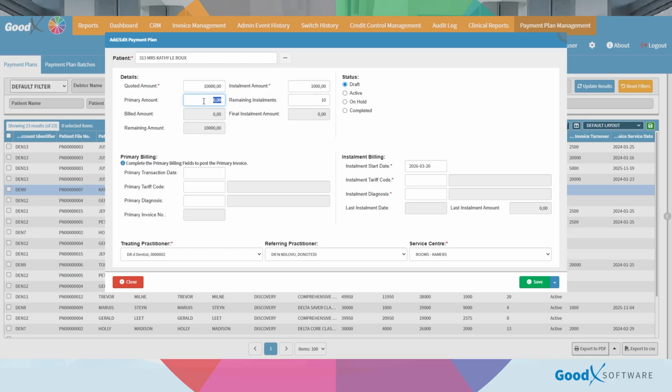Then we've got the primary amount. The primary amount is basically like the deposit that you put in as a first payment. I'll put 2,500 over here, and you'll see there that we've got 8 remaining installments of 1,000 Rand, and the remaining amount is 7,500, which means the final installment amount will be 500, which is different from the installment amount